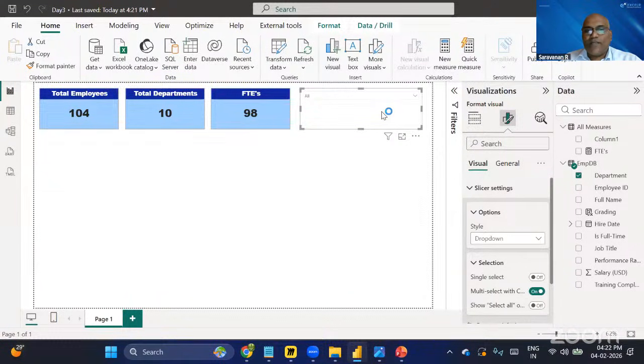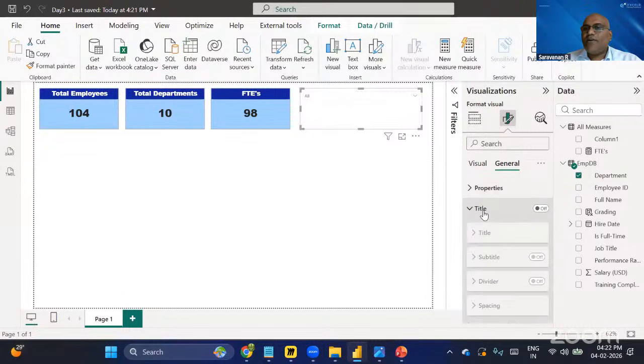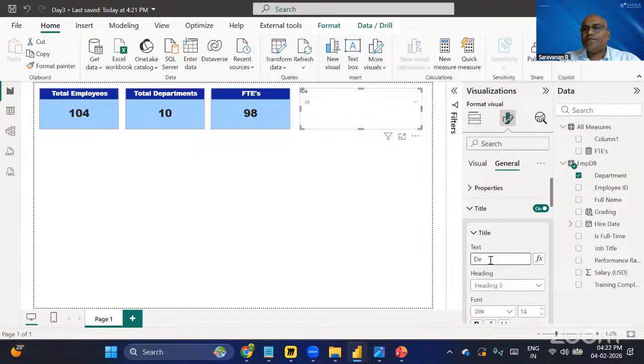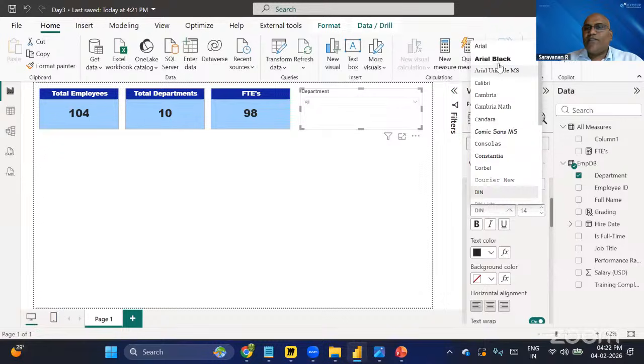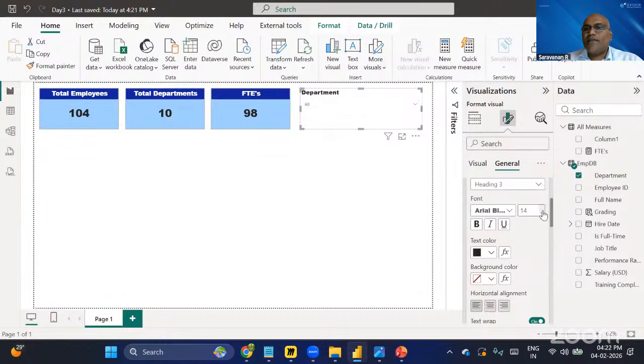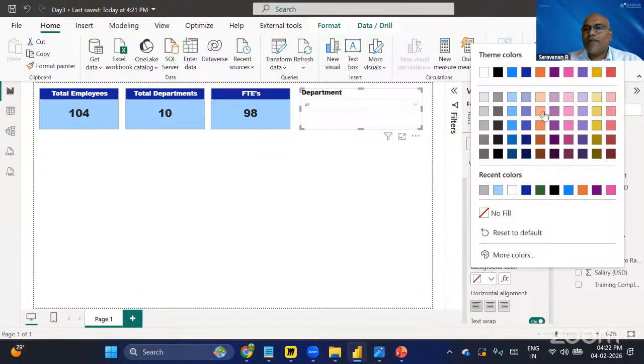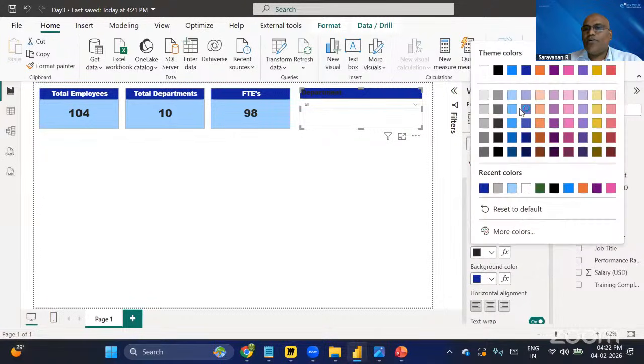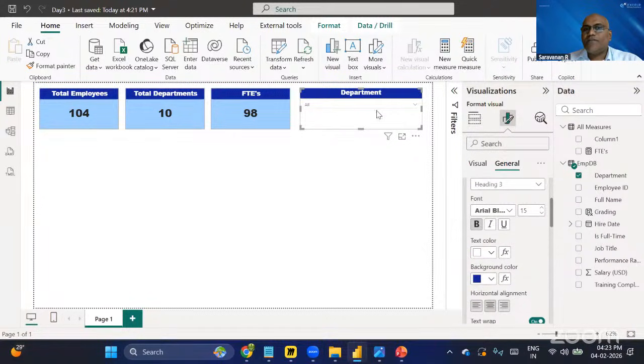Okay. So once I have selected drop down, I can go for general. Here I need to change the title. So the title I will give as department. Okay. For the font, as usual I'm giving Arial black, and I'll increase the font size. For the background color, whichever color you want, you can make it. Horizontal title. Okay. Department I have given. Then if you want to change the color for all of this also, you can go to